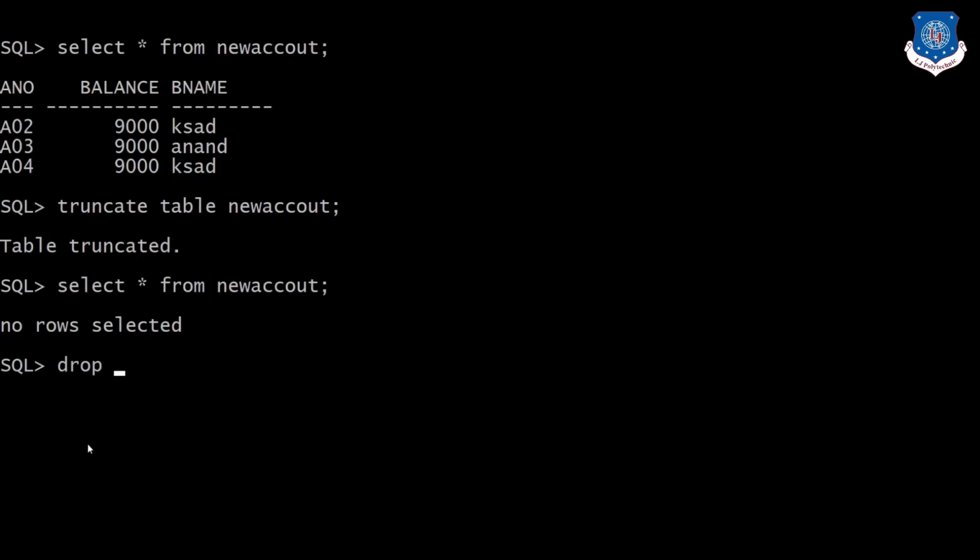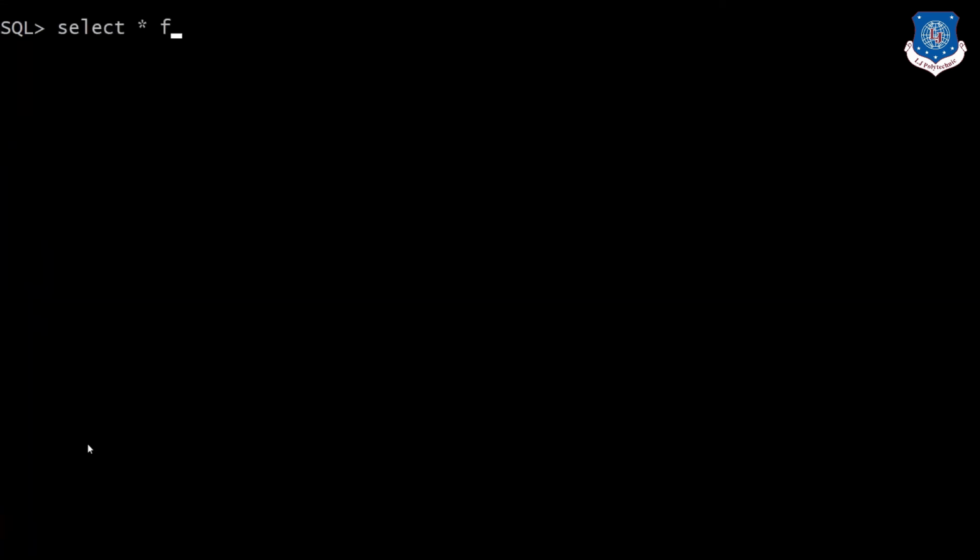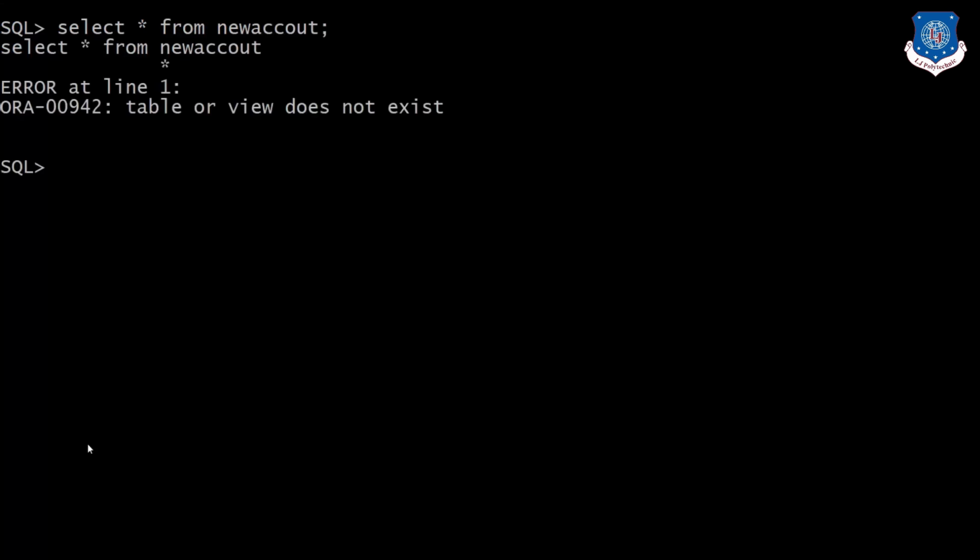Now if you drop, then drop will drop the data along with the structure. Select star from new account. Table or view does not exist. As we have dropped the table, it gives me a message that table or view does not exist.